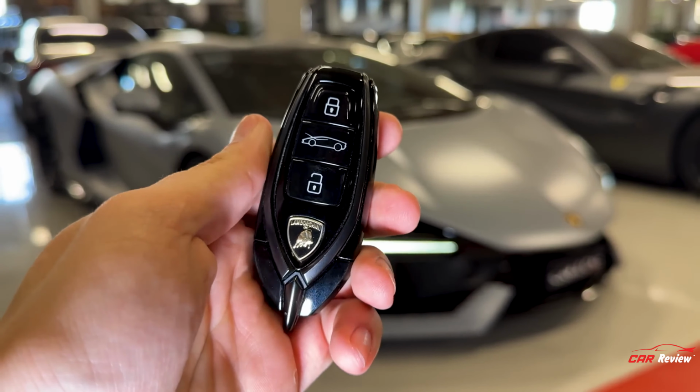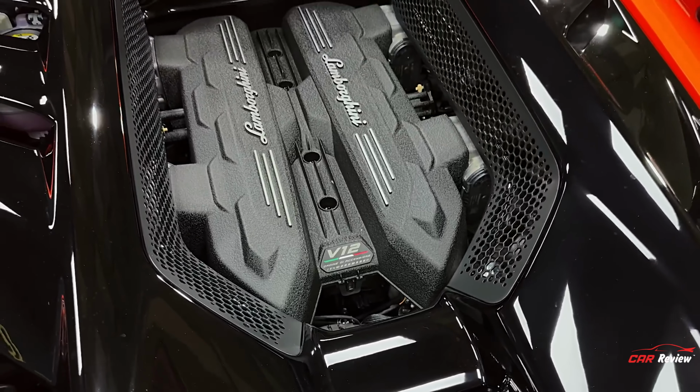If this is Lamborghini and hybrids, I am here for it. On days like these,